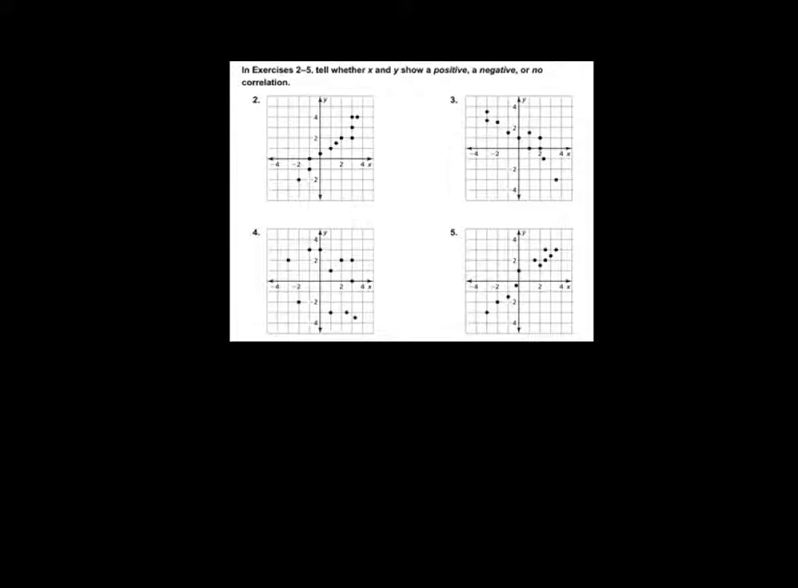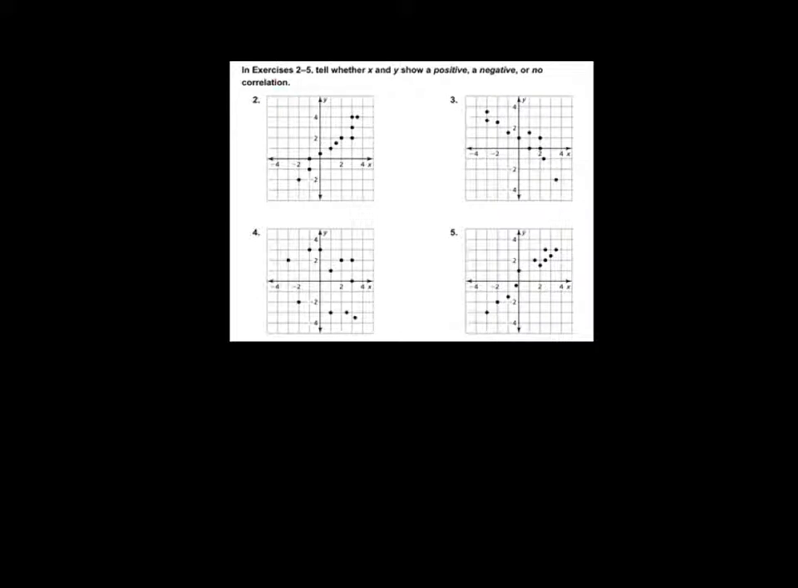I've already mentioned correlation several times, and remember, another word for correlation is trend. I use those words sometimes interchangeably, and what you're doing is looking at your data to see if there is a relationship, or if you're noticing a pattern or a trend in your data. Okay? For these next 4 questions, it asks you to tell whether x and y show a positive, negative,